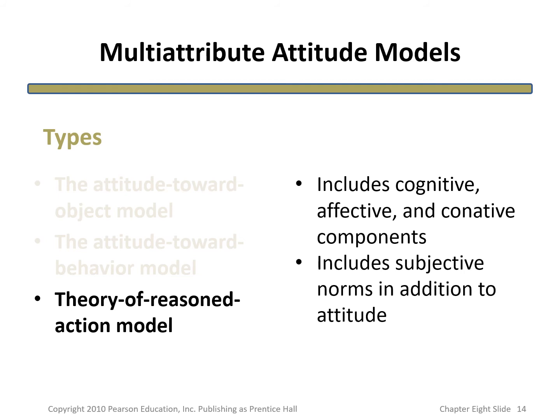The third one is the theory of reasoned action model. Basically, it is similar to the three-component attitude model, consisting of cognitive, affective, and conative components. But the additional attitude is the subjective norm. Subjective norm is based on the people around the consumer, can be their family, their spouse, their boyfriend or